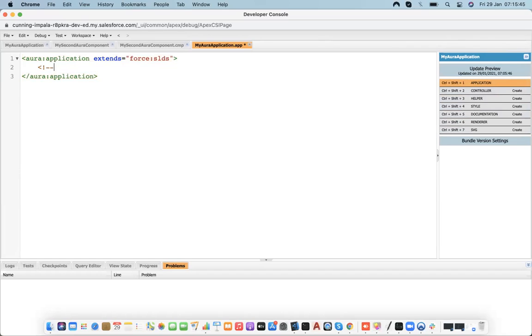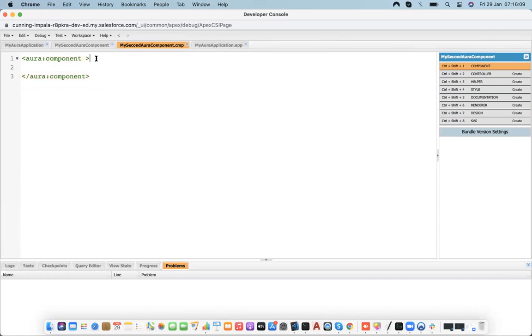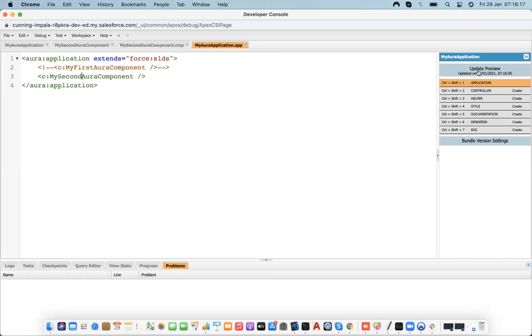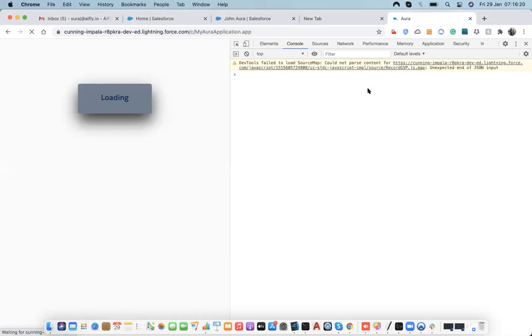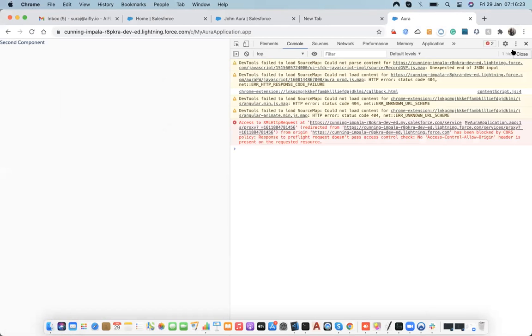Let's comment it out and design this, add the second Aura component. Let's check whether it's populating over here or not. It's coming up correctly, no issue in that.